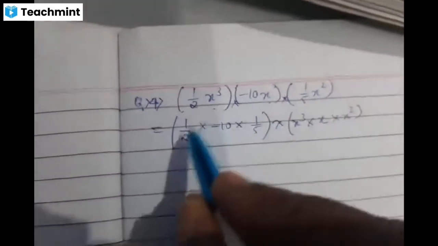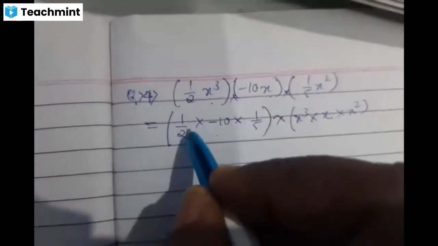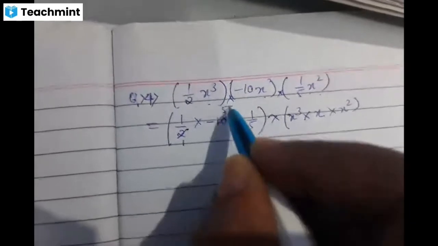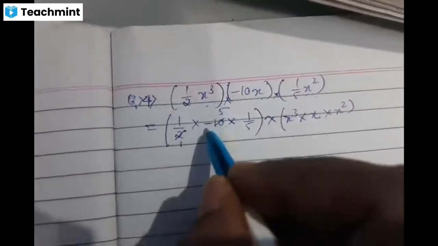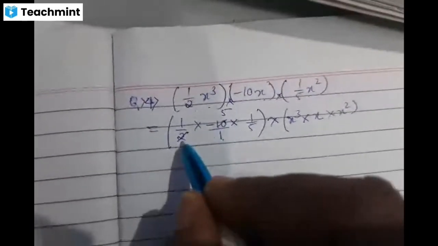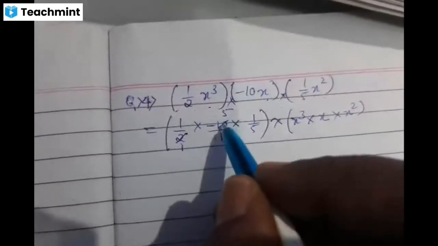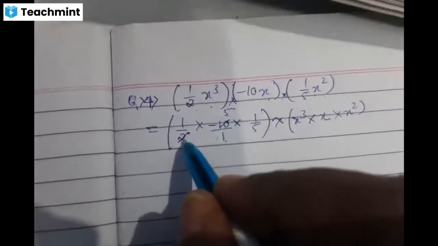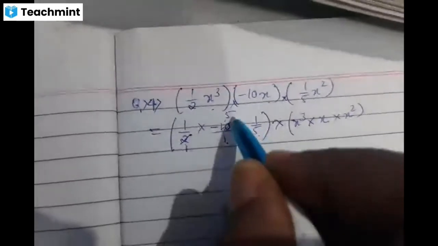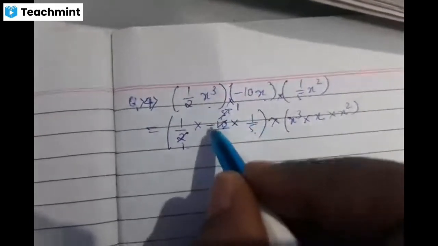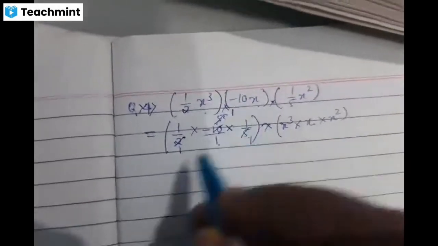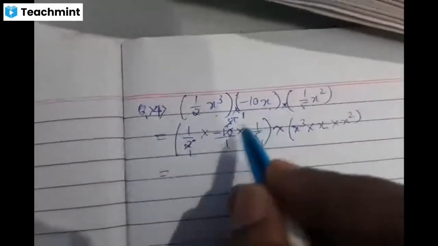Here, after writing the constants, we are going to cancel if it is possible. 2 ones are 2, 2 fives are 10. Why did I cancel minus 10 here? Because minus 10 is nothing but minus 10 by 1. 2 is in the denominator, minus 10 is in the numerator. With the 2 table, 2 ones are 2, 2 fives are 10. Again you have 5 and 5 here, 5 ones are 5. The minus you should not leave, children. This is minus 1. Again here 5 ones are 5. So what is left in the numerator? Minus 1.